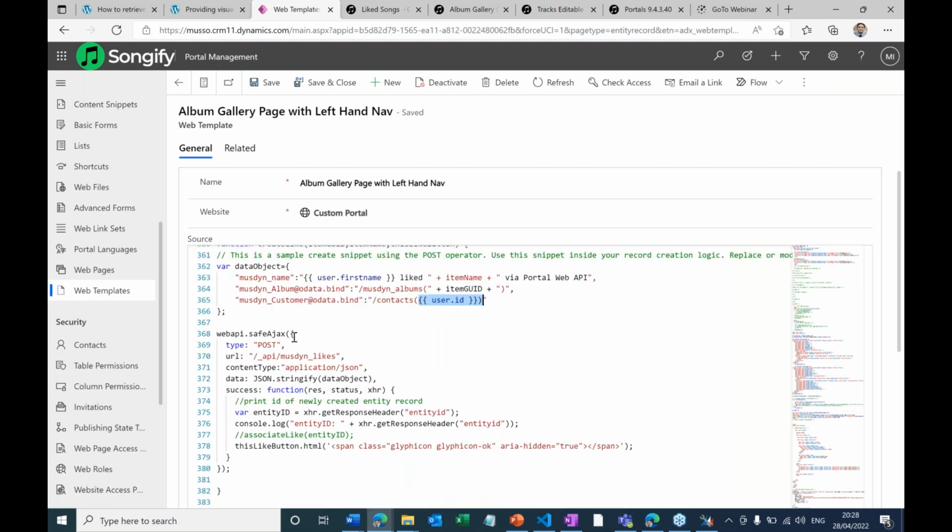So here's an example of Ajax. So we're choosing what's the type of operation we want to complete. So we've got operations that relate to create, update, delete, associate, disassociate. So if you're wondering where you get any of that information from,